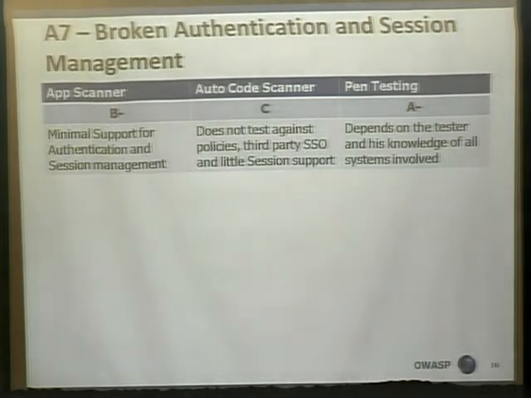One of the bugs they had in SiteMinder used to just base64 encode your password in a hidden field. That's something none of these would pick up on. Your pen tester would pick up on it most likely, hopefully. If not, I'd give them a reduction in pay because it's something